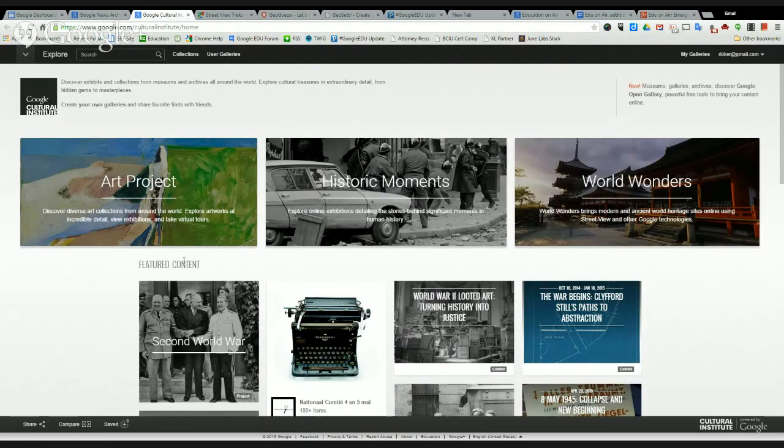So the Google Cultural Institute is a collection from World Heritage sites, art museums. There's this wonderful part of the Cultural Institute called Historic Moments, and the Historic Moments are timelines of events with a number of primary sources, a number of hands-on, direct contact to the event and what happened at that particular event. So Historic Moments is wonderful to look at, but just for the sake of time,